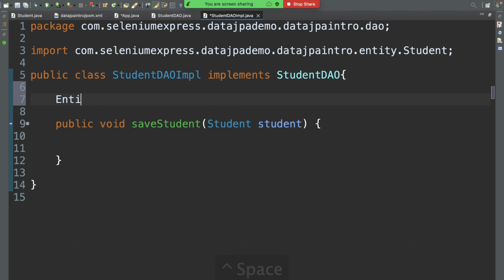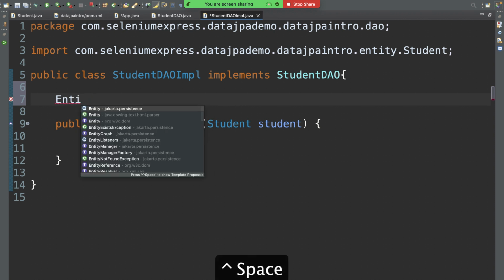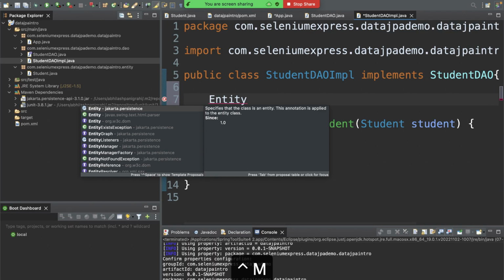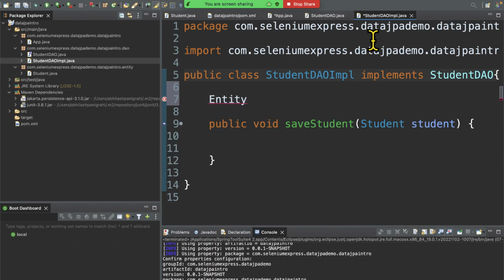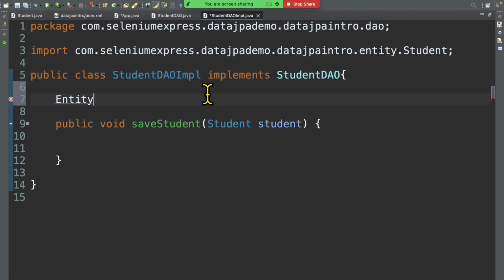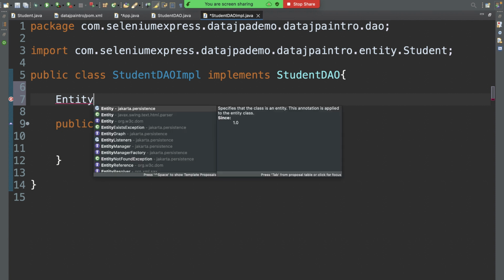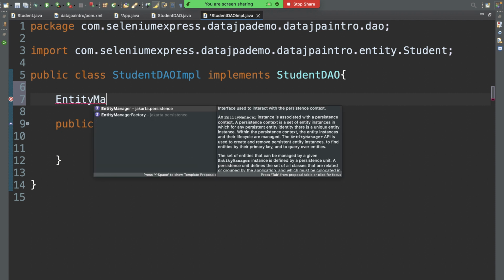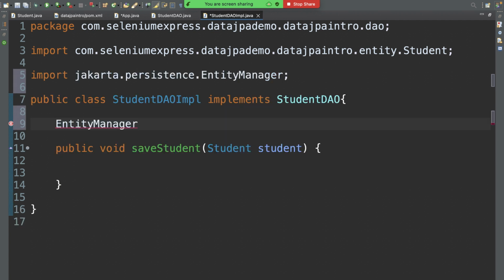Entity Manager. So far I don't have any dependency. Mark that thing, Entity Manager. I'm getting it from jakarta.persistence. So Entity Manager,